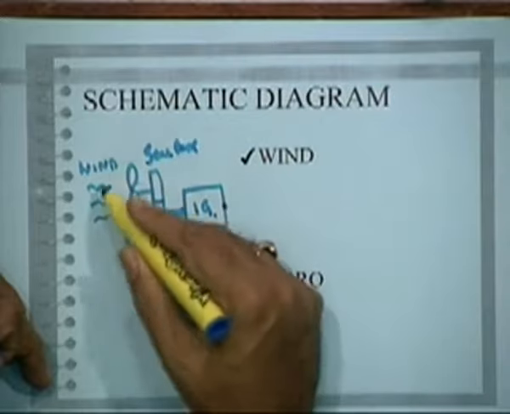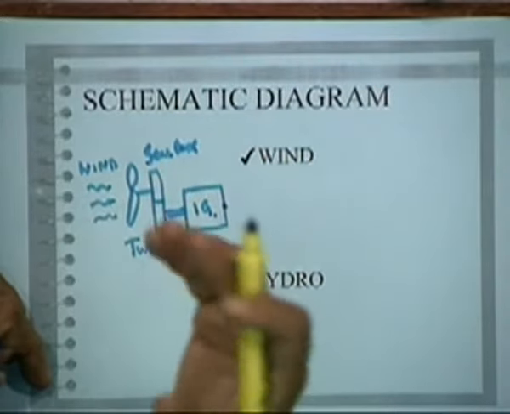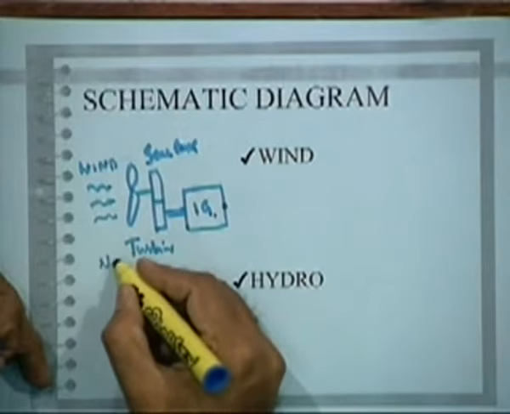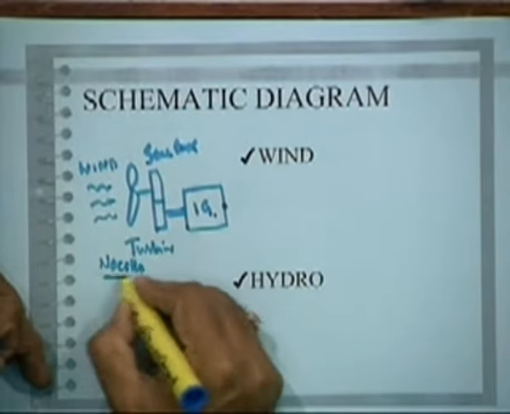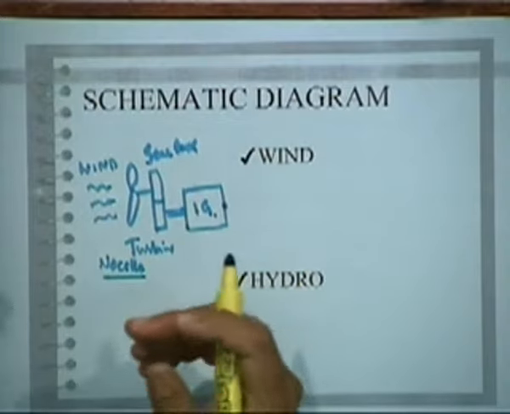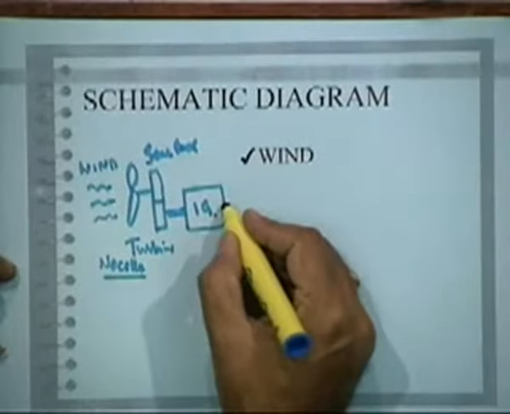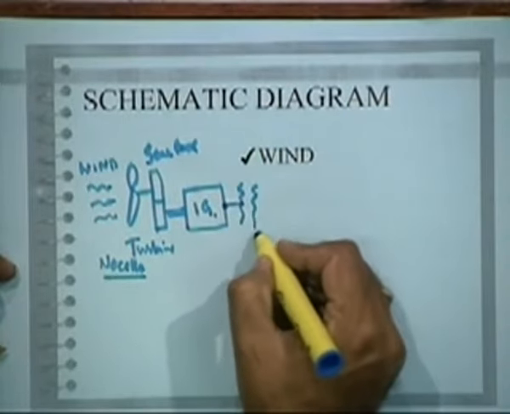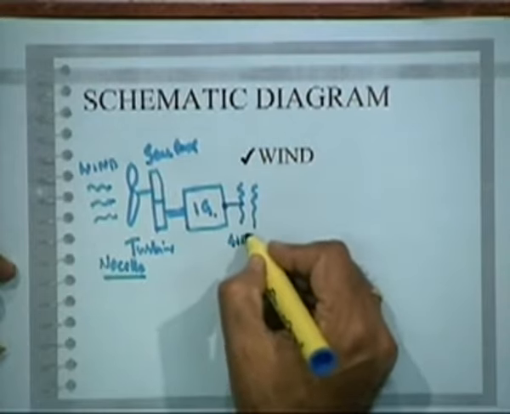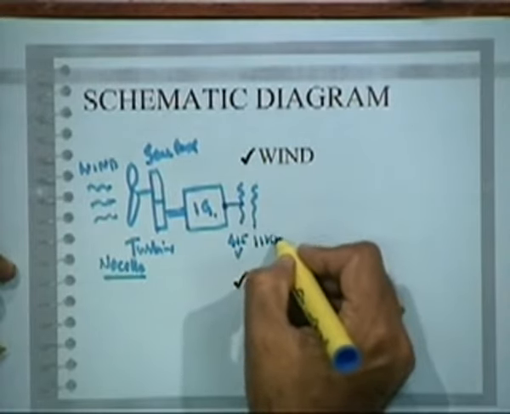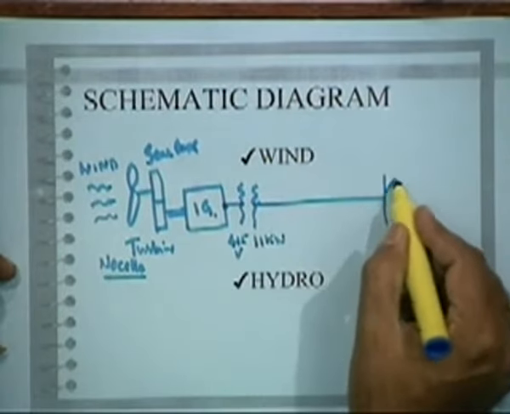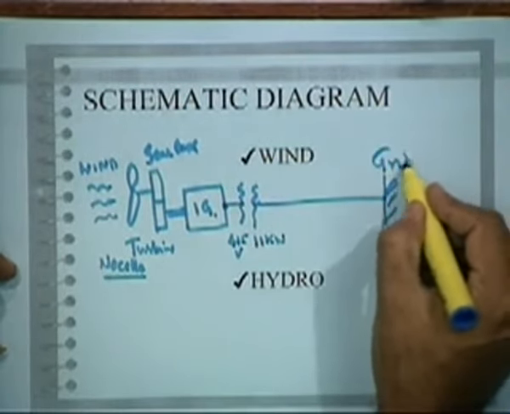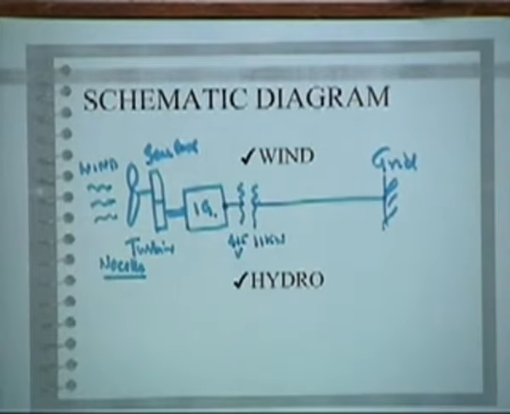All these units are on the top, and the top where they are kept is called the nacelle. That is the name of the unit. Nacelle is sort of a boat up above. It is moving, and it always moves in the direction of the wind, and then this is brought down through cables, and you normally step it up from around 415 volts to about 11 kV, and feed it to the grid. This is a typical scheme of a wind electric system.